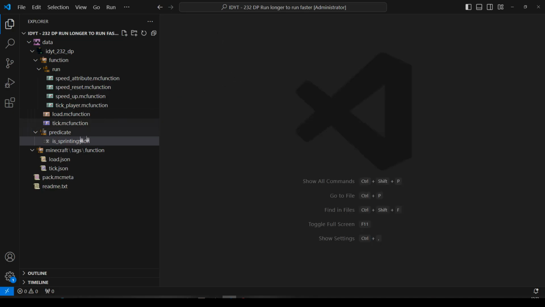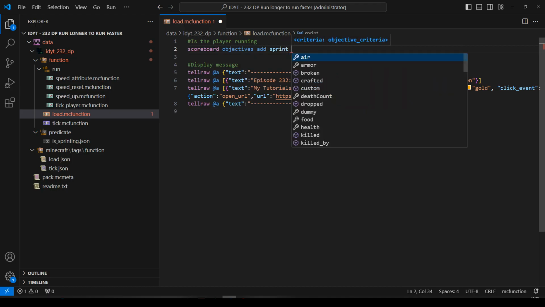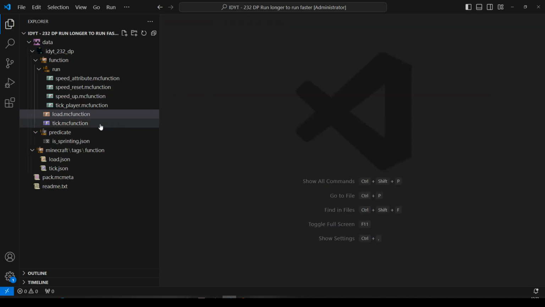I should imagine probably load will do next, because we're going to have some scores we'll need. So let's do scoreboard, objectives, add, and let's call it sprint, and we'll make it a dummy. I have forgotten which keys I need to use to copy that line, so I'll just use a normal copy. And we'll have a sprint.copy. Okay, one called sprint, one called sprint.copy. We'll save that. We'll pop over to the tick,